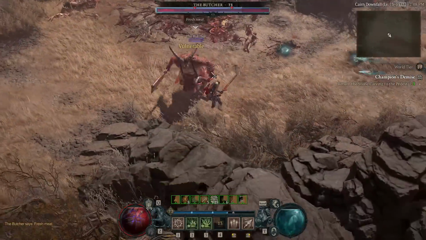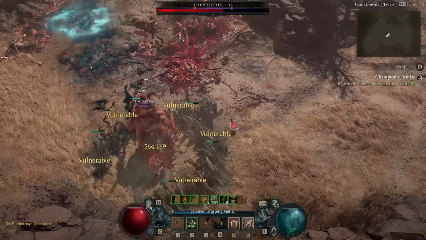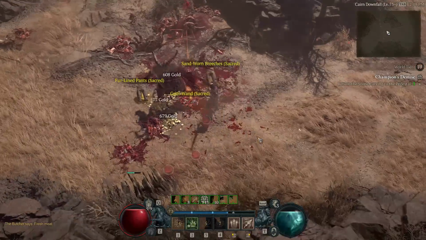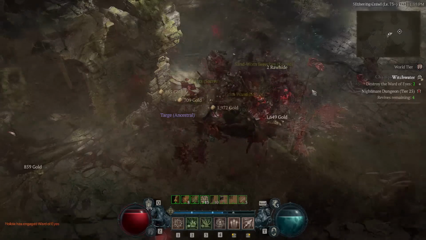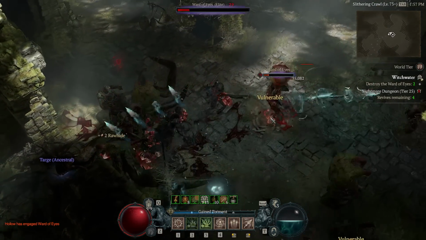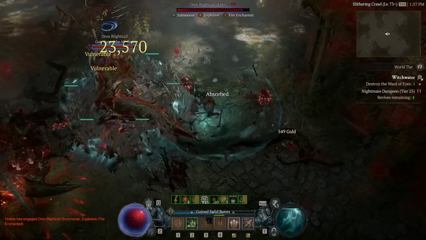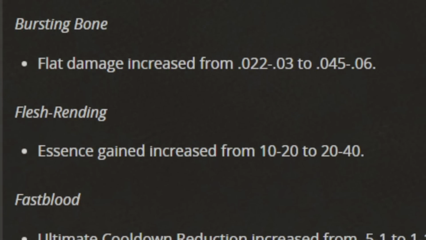That damage has been increased to essentially double, which is certainly nice. Is it going to be enough? Still probably no, I just can't see it. On paper, even the double damage is not really going to be enough to lose what you'd have to give up as a comparison. Next is Flesh Rending, which is actually